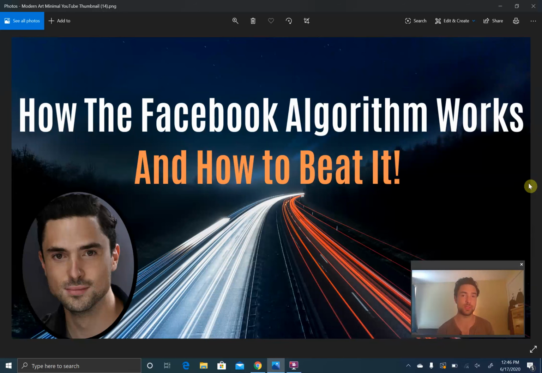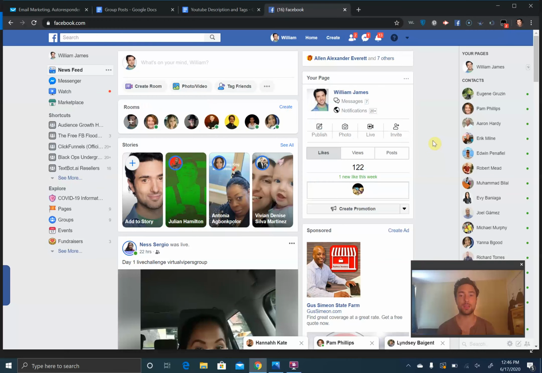So essentially all you have to do is spend a good amount of time every day engaging on other people's posts. Now, the way that I typically do this, just to clarify, is I'll do it on my phone, but you can do it on your computer as well. You go over to Facebook and you do not need to go find individual friends.